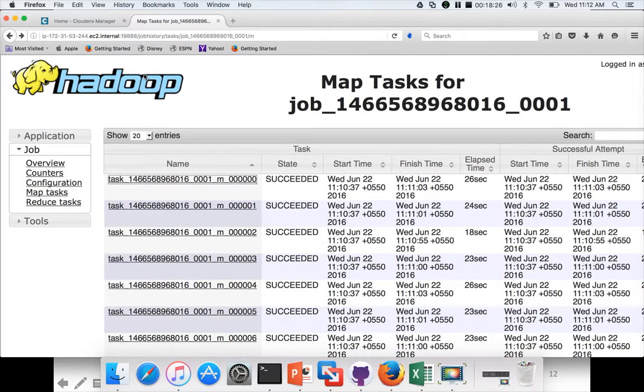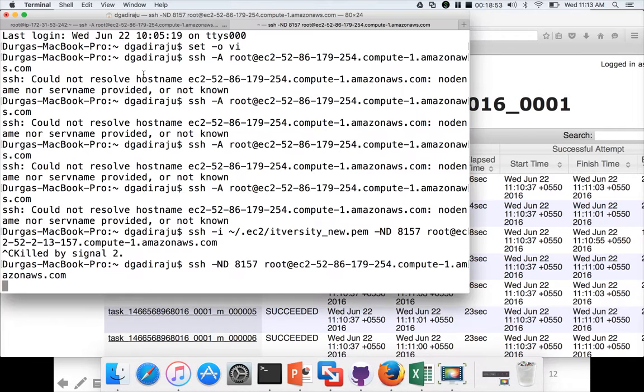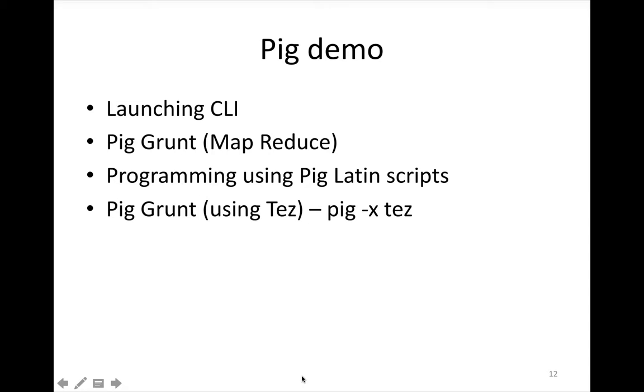Again, when a complex Pig program is written, that Pig program might run as more than one MapReduce job. So you need to understand what all jobs are related to that Pig script, and you have to troubleshoot whatever job is failing. So don't assume that each Pig script will be one MapReduce job. One Pig script can run as multiple MapReduce jobs also. It depends upon the complexity of the script. And also, if you are using Hortonworks, you can also launch Pig using Tez context, which is not applicable for Cloudera. So that's it for now.